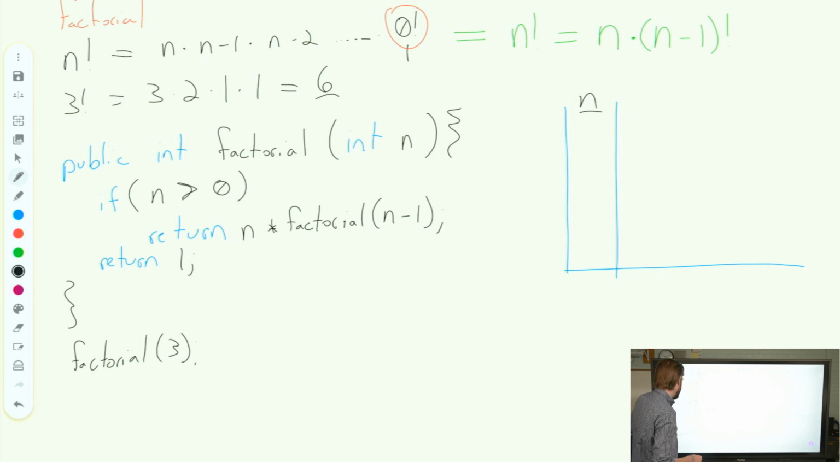So we have our n value. We're going to call factorial of 3. I'm just going to abbreviate it with fact here in our method call stack. Factorial of 3, our n is 3. Fantastic. Is 3 greater than 0? Yes, 3 is greater than 0. So I'm going to return n times factorial of n minus 1. Well, I can't do this multiplication yet until I finish my factorial of n minus 1. So I'm going to call factorial of n minus 1,